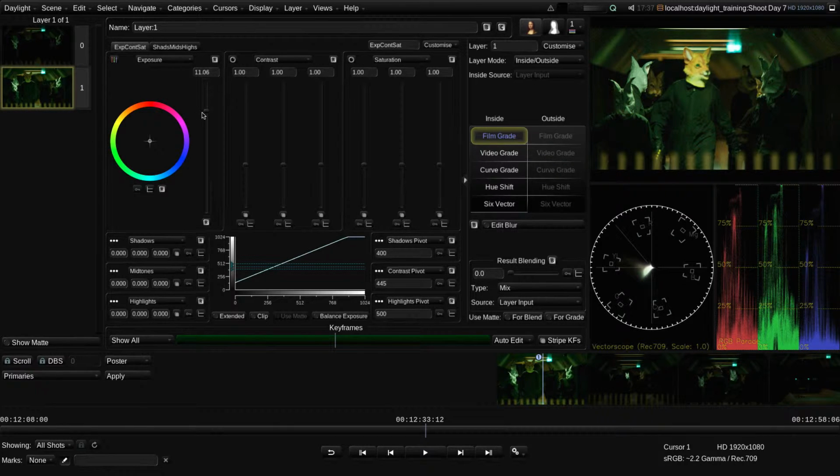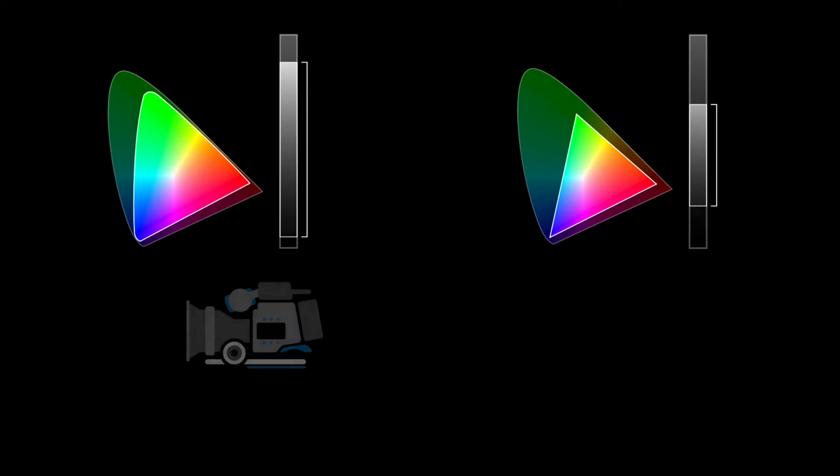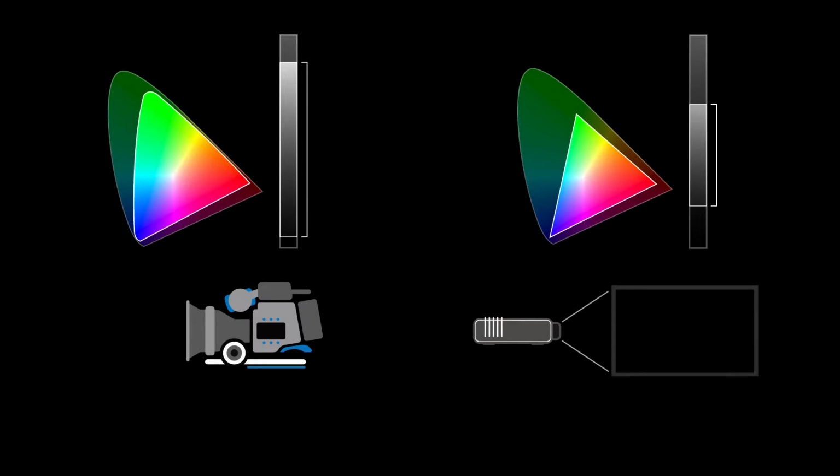Now at this point I think we should talk a little bit more about color spaces. There are essentially two different types of color space that we are concerned with in film and TV workflows. Those which have a high dynamic range and a large color gamut, and those which have a much smaller dynamic range and only contain a relatively small range of colors. Modern digital cinema and TV cameras are capable of capturing a very large gamut of colors with a high dynamic range, whereas most electronic displays, such as LCD monitors and digital projectors, can only reproduce a relatively limited gamut of colors with a much smaller dynamic range.